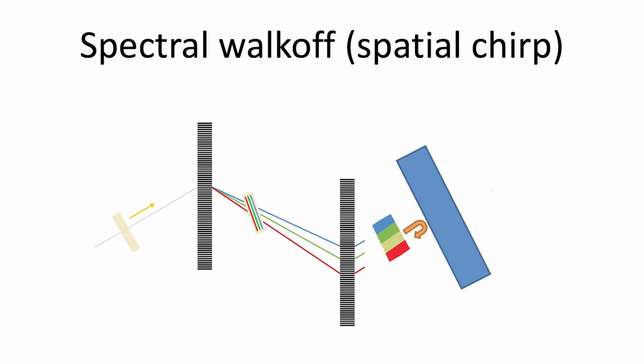You just bounce that beam back over itself. You can use a roof prism, so you go above the beam, and then you retrace all the path back through to the first grating, and you recompose all the colors overlapping at the output. And you double your dispersion, because now you change the sign of your angular dispersion, but the group delay dispersion doesn't depend on the sign. So you cancel all the spatial chirp, and you recover all these frequency components on the same axis. So let's go to the next slide.